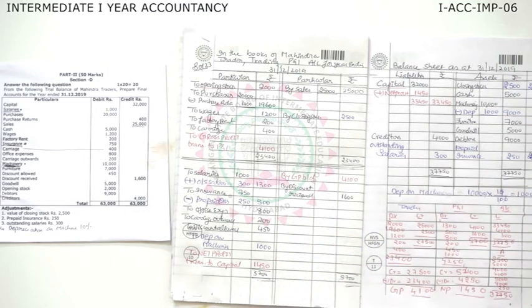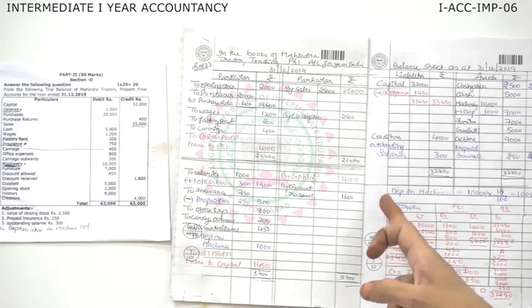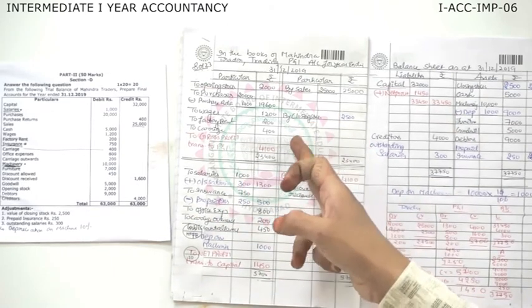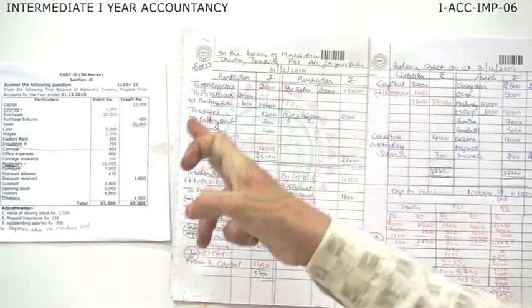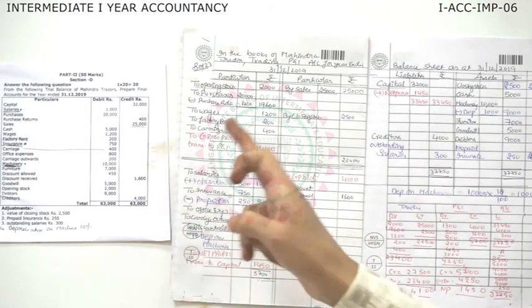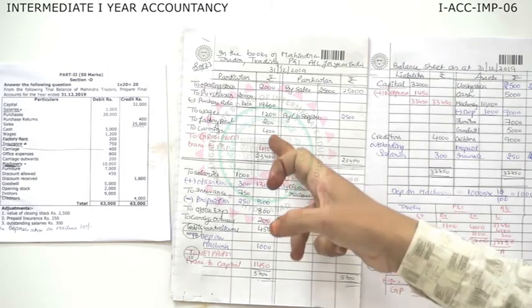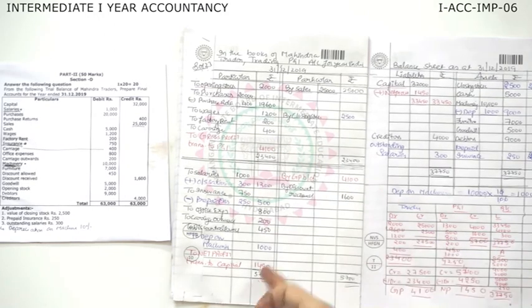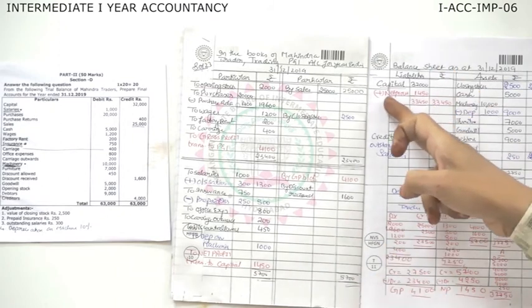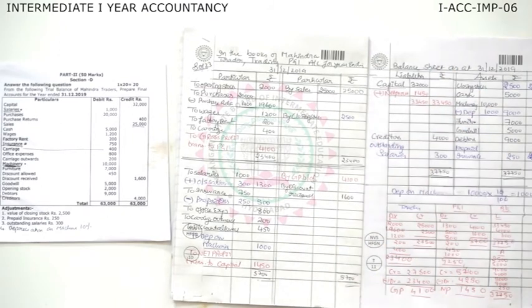And then the balance sheet. Sir, can we get gross loss? Yes. If your debit is more than credit, you will get gross loss. Then reverse it. You will put gross loss on the credit side and here on the debit side. Sir, can we get net loss? Yes, you can get net loss. When you get net loss, your debit will be more, credit will be less. Put it on the credit side. And then you should subtract it from the capital.